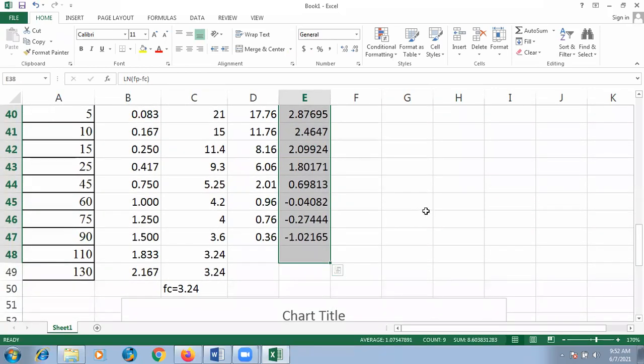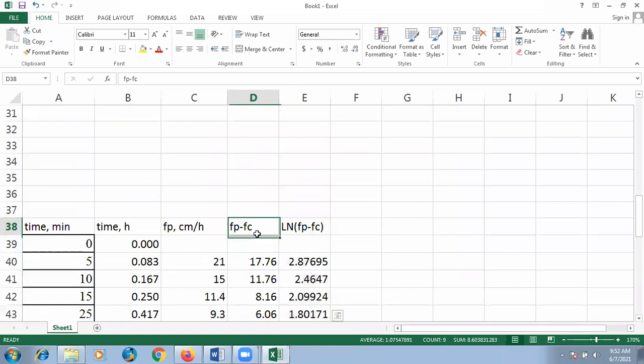Is it clear? If you just take fp minus fc on a semi-log sheet, or if you convert that to log and plot, a normal graph sheet would do. So I want you to practice this and then come